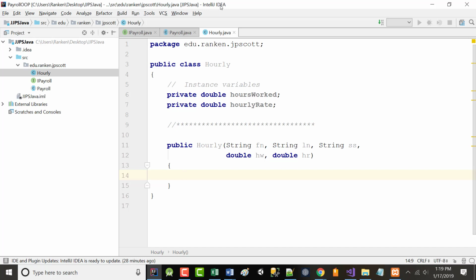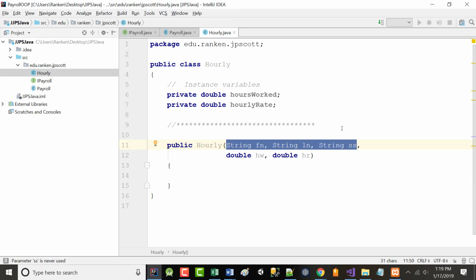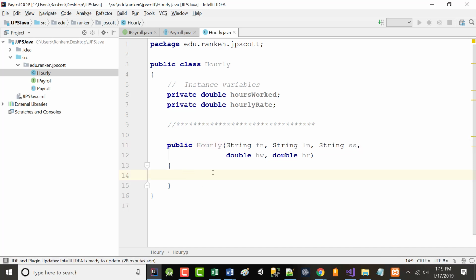But this class is not going to handle these three things right here. The parent does. So we have to tell it right here: super, FN, LN, SS. Sorry, SS. My fault.